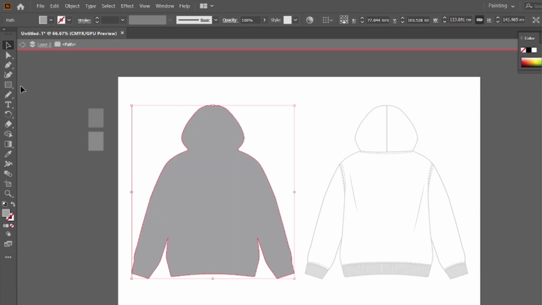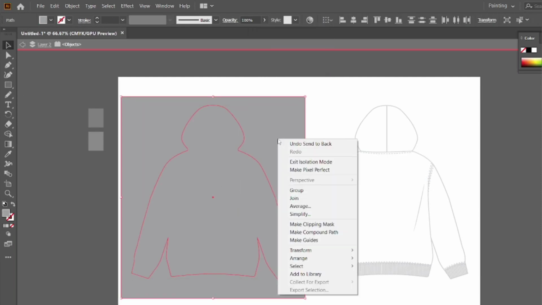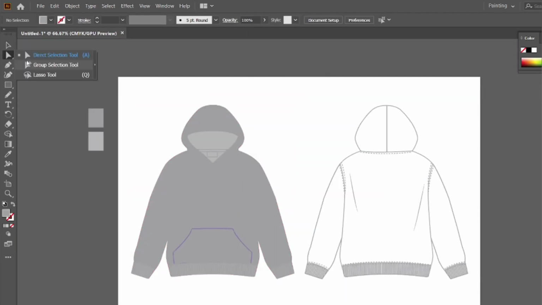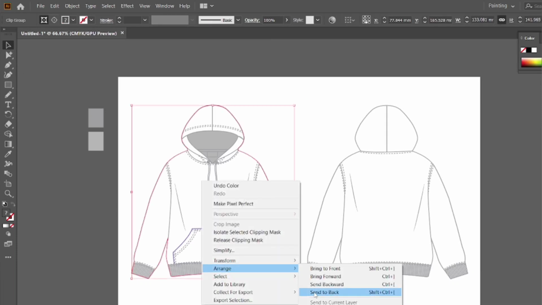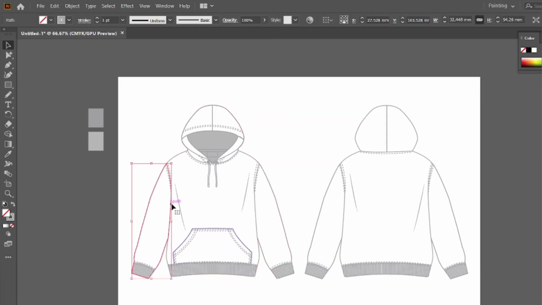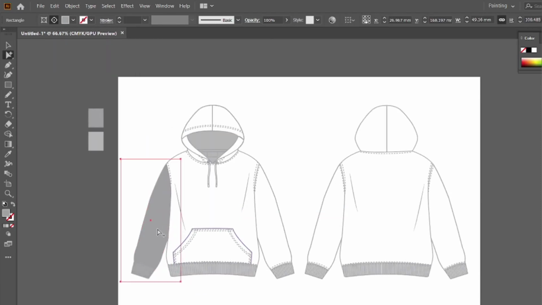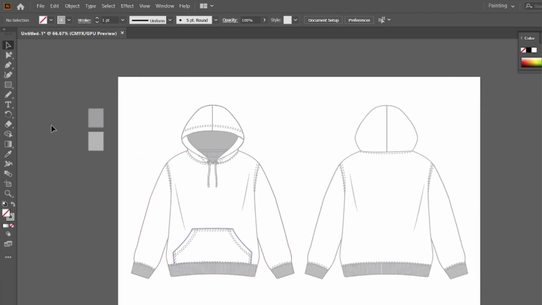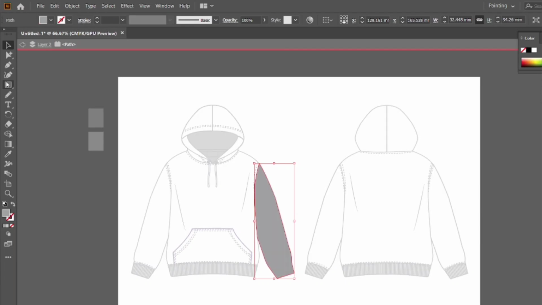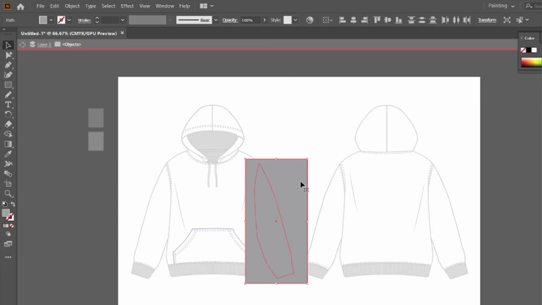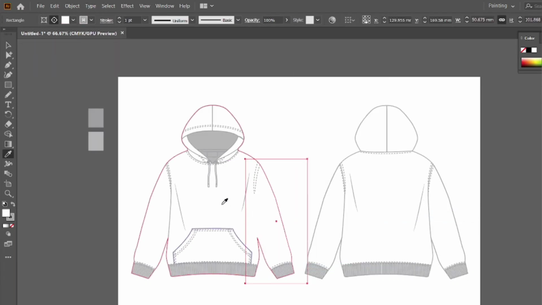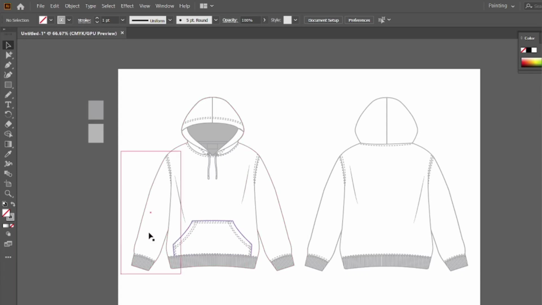To add a clipping mask, use the selection tool to select the object you want to include in the clipping mask. You can hold down the shift key to select multiple objects, and next click on the shape you want to use as the clipping mask. Make sure it's above the artwork in the layers panel. Right click on the selected artwork and choose Make Clipping Mask,